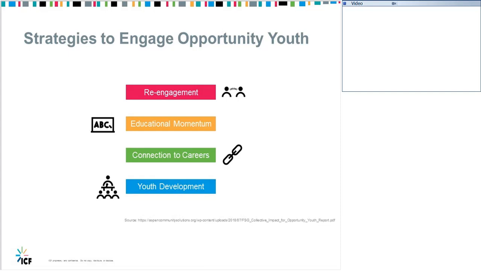So that's a lot. That's a lot of somewhat theoretical information about what the research says. So I'm actually going to pass the ball back to Kristen, give you a chance to listen to a different voice for a while, and talk about what it looks like on the ground.